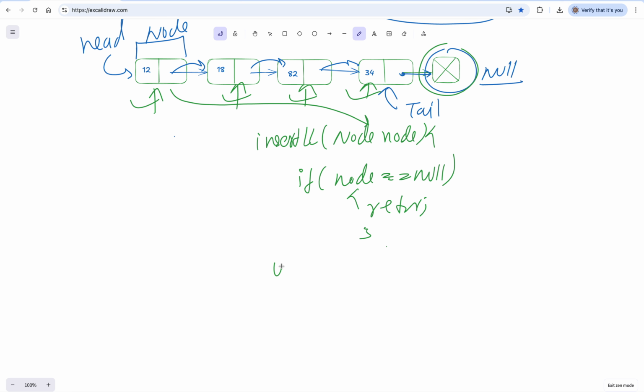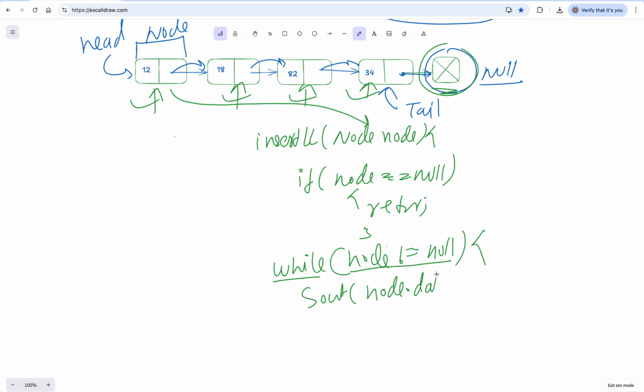Else, what you will do, you will run a loop, and till when you need to run the loop? Till you reach the null. So your node not equals to null. Okay, you need to run the while loop till your node not equals to null. And what you can do, you can just print your node dot data, whatever data you are having, and then just a space for good look and feel.